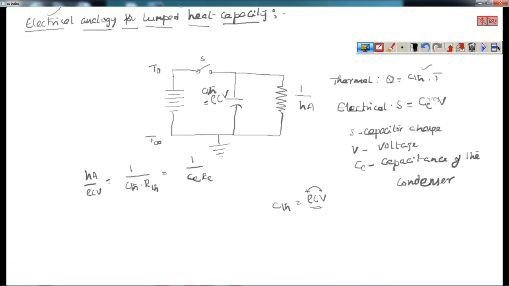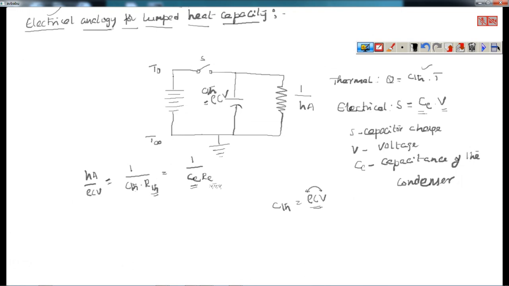V is voltage. This is going to be the electrical analogy to the lumped heat capacity, as long as hA by rho CV is equal to 1 by thermal capacity, and again 1 by thermal resistance. And again this is equal to 1 by Ce into Re, where C is capacitance, which is what I mentioned, and R is electrical resistance. Okay, so this is the case I wanted to talk to you about